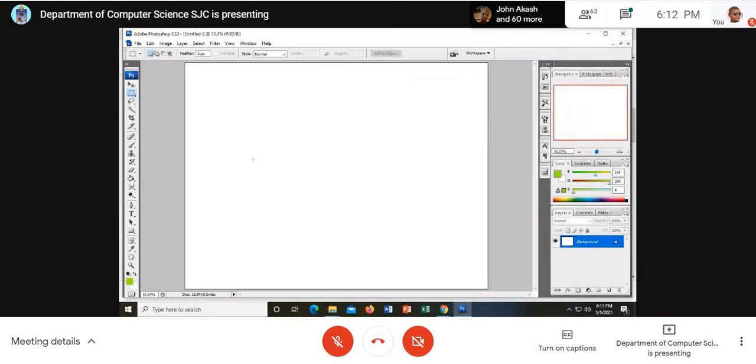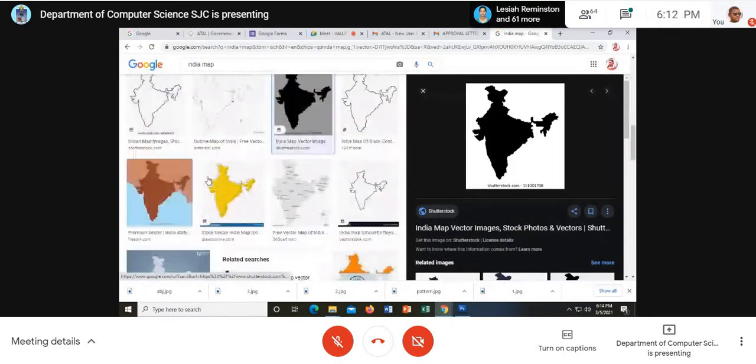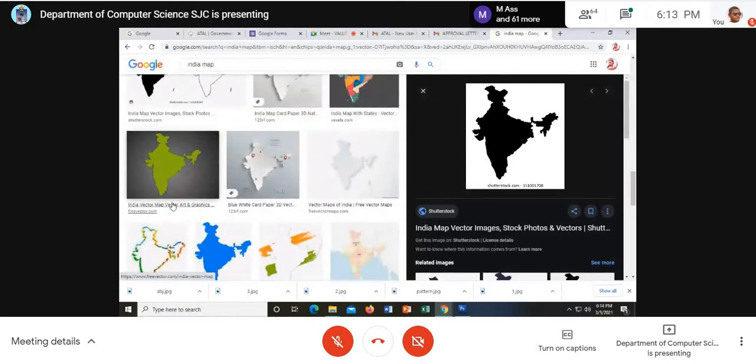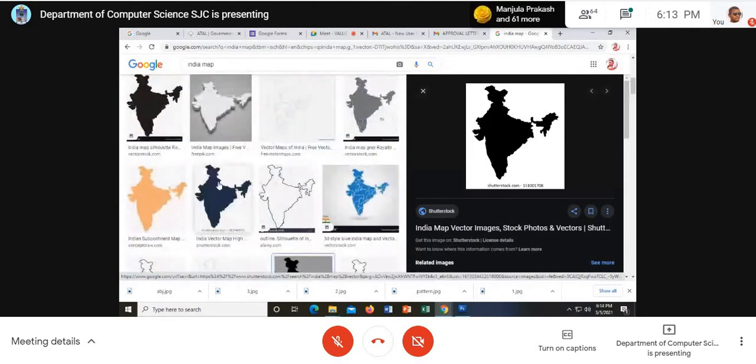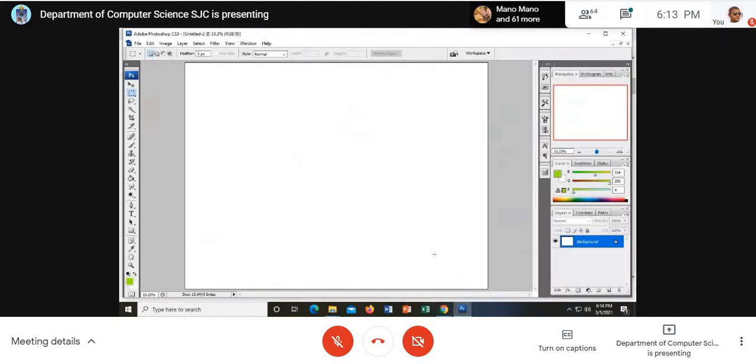Now look here, dear professors. So far we have fixed backgrounds for plain background, patterned background, and on a defined shape we also bring a pattern background. One minute, I am bringing the India map concept again. I take any picture of India map or Tamil Nadu map or whatever it may be. I shall choose this one. Right click, copy, come back to Photoshop, paste it, enlarge it. I am enlarging.